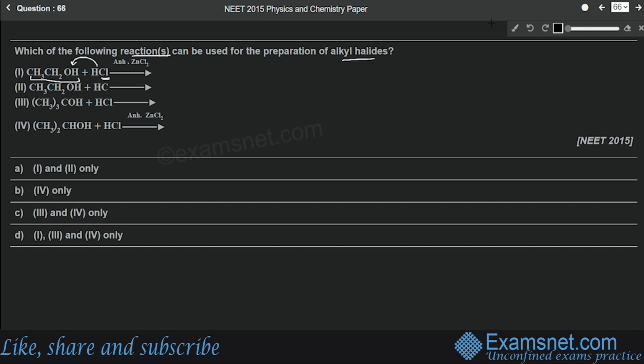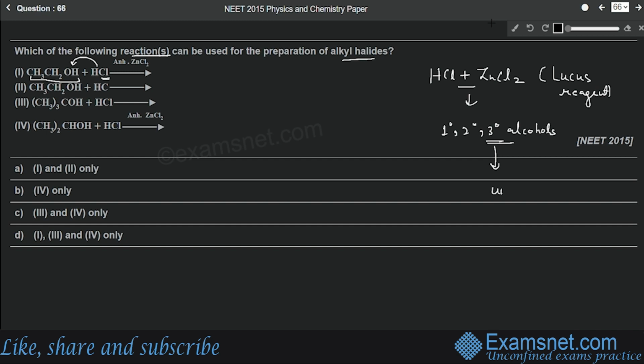Now here we should remember that reaction with HCl and anhydrous zinc chloride, this combination is known as Lucas reagent. So reaction of alcohol with this leads to the formation of alkyl halides, and this is used for primary, secondary and tertiary alcohols all. But out of primary, secondary and tertiary alcohols, only tertiary alcohols can undergo reaction in the absence of zinc chloride,